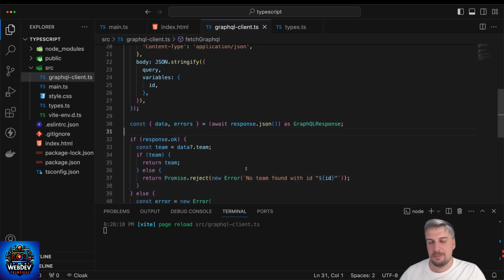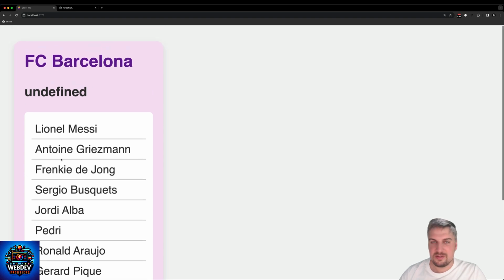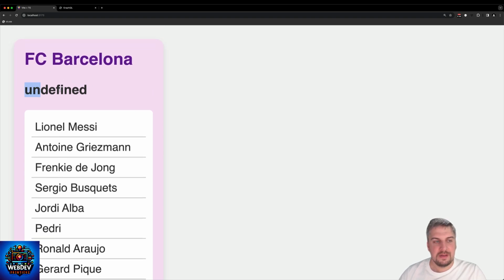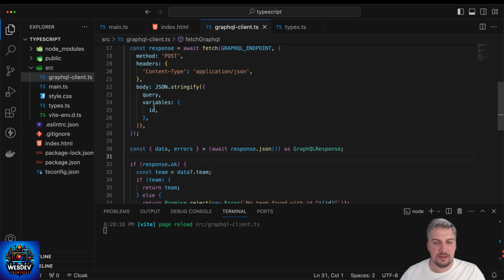However, there's going to be something very interesting that you will see when we go to the browser and open up this project. And this is how the project looks like in the browser. And of course, we have the name of the team, we have the players, everything is fine, except for the fact that we get a big undefined here. So how did that happen? Wouldn't TypeScript have something built in that would not allow us to use a particular property that doesn't exist on a type? But if you think about it, and if I go back to my editor right here,